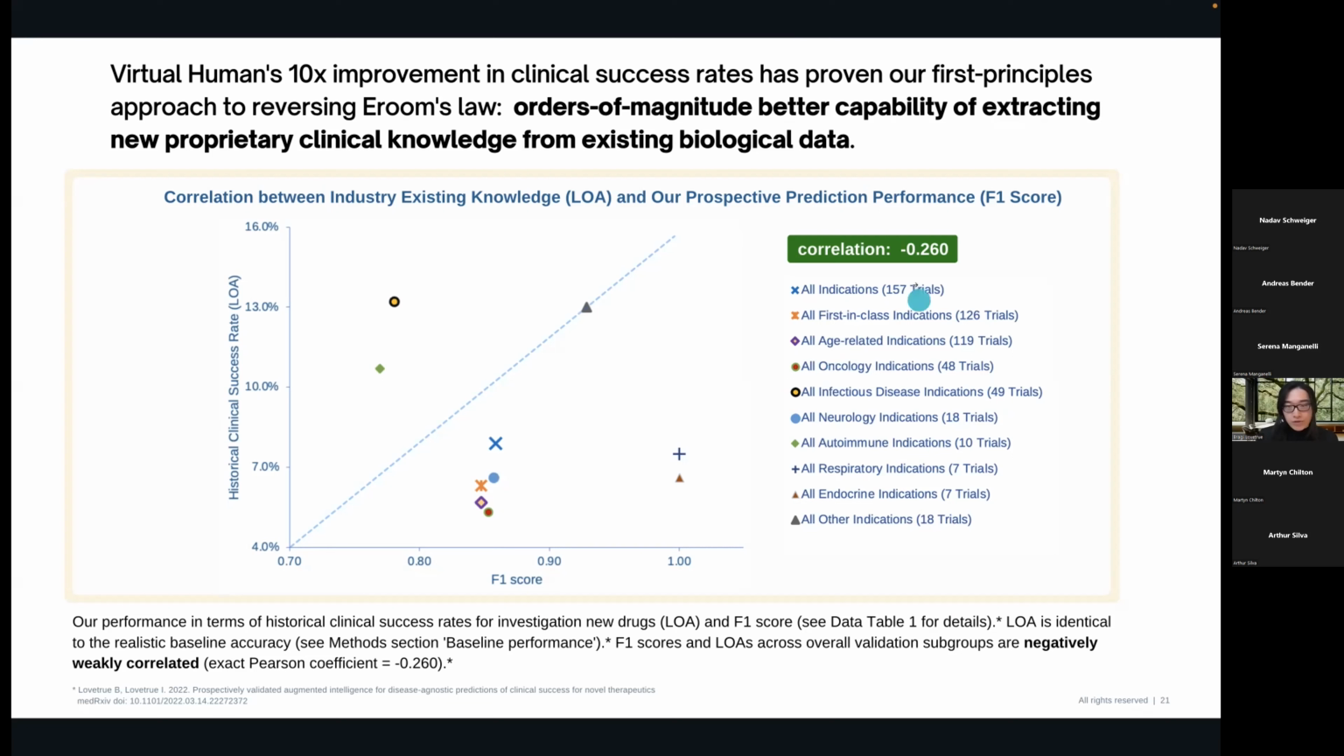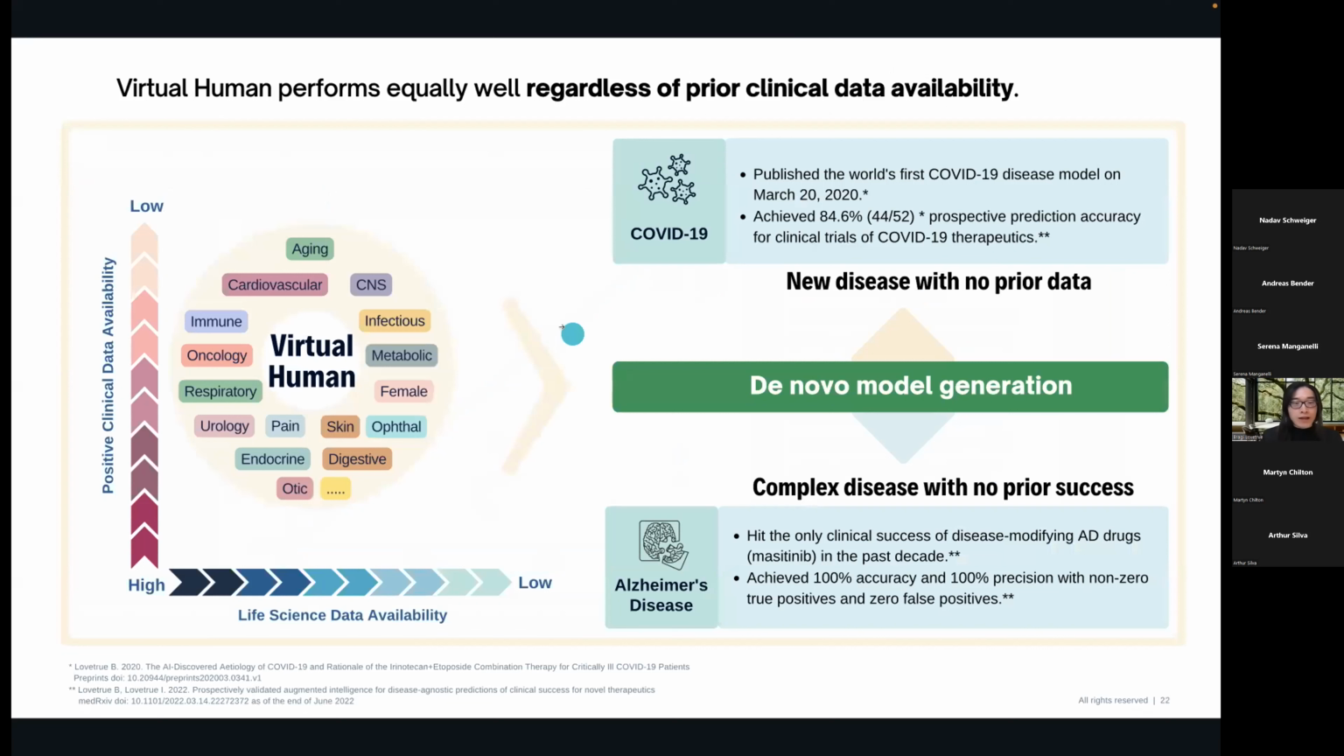And also the correlation is a little bit negative, which means that for the harder therapeutic areas like oncology and age-related diseases, the quality and quantity of knowledge we extracted from existing biological data turned out to be better in clinical predictions. And very importantly, given that you have achieved pretty accurate predictions,